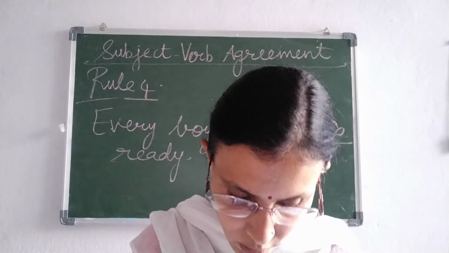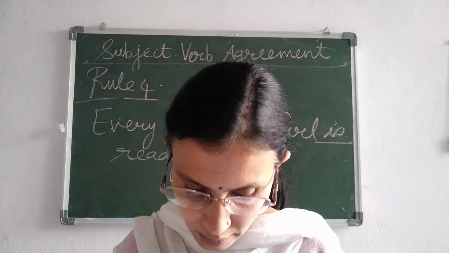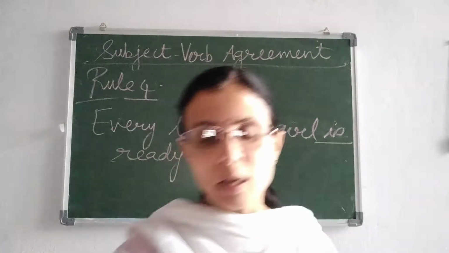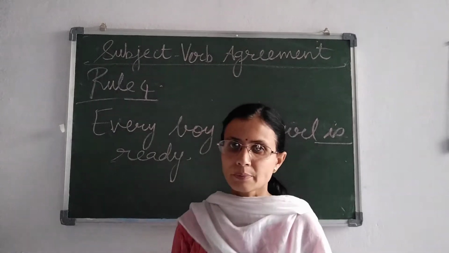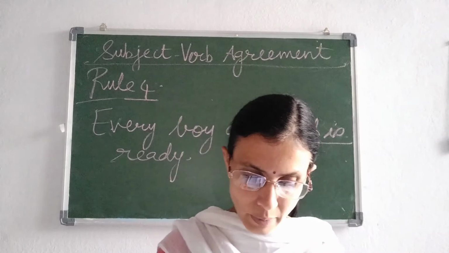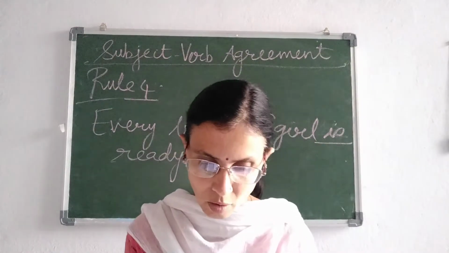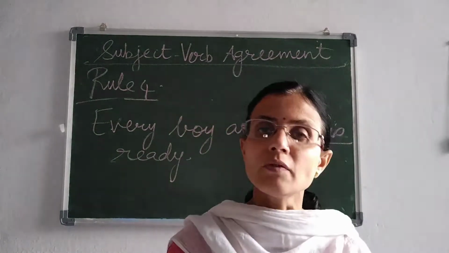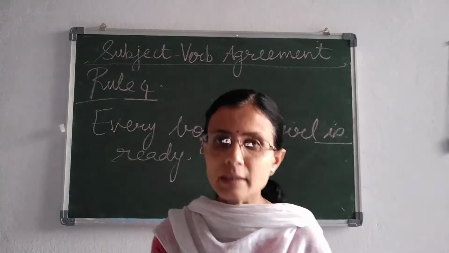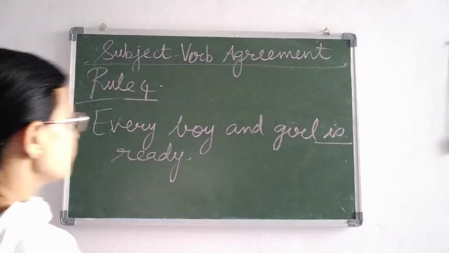Two or more singular subjects connected by or, nor, either, neither, nor take a verb in singular form. Now suppose two subjects are there in a sentence, but these two subjects are combined with either, or, neither or nor, then the verb will also be in singular form because in that case the subject is considered singular. For example,